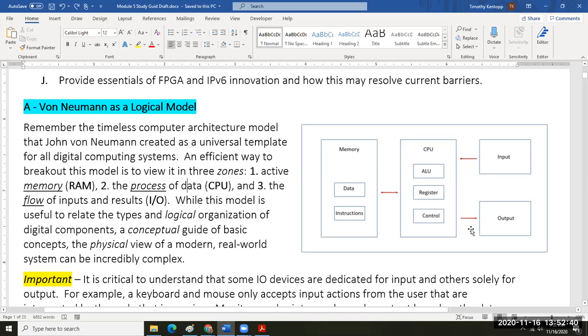Now, this is really specific and very important. The third zone has to do with input and output. And what's often missed is that this arrangement here and the order it's sitting in is really intentional. So when you power on a computer, the hard disk is a combination input and output device. So a hard disk is both an input and an output device. When you power on the system, the CPU is going to say, okay, I need data out of this disk, and it's going to load the memory up with information and instructions for the CPU to start processing. So the CPU is in the middle for a reason, because the CPU is actually giving the hard drive commands to read the non-volatile memory,